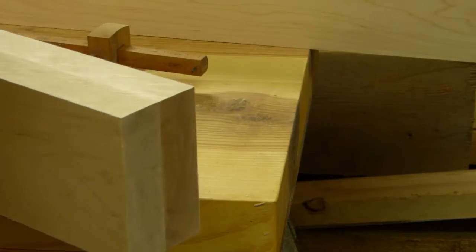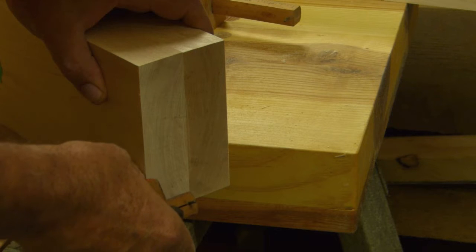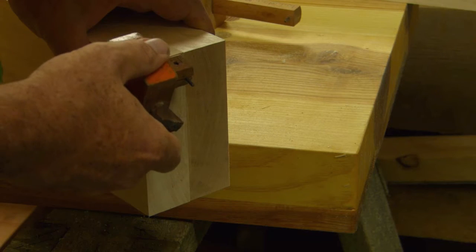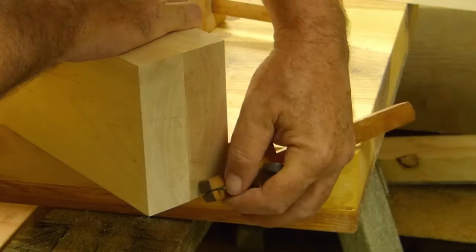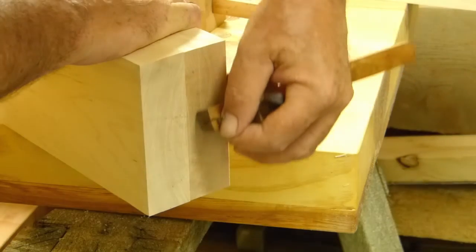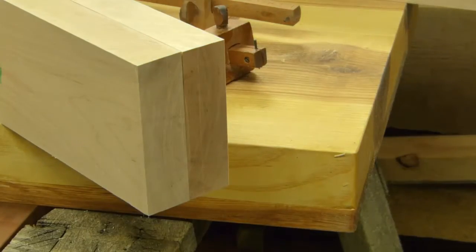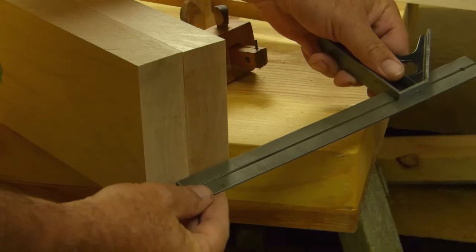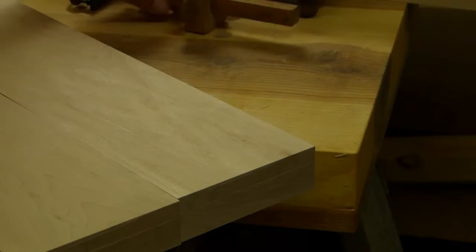So now I've got a marking gauge set at 1 inch. I'll go from the outside face and the inside face. And that should give me a 1-inch tenon, 1-inch space, and a 1-inch tenon. And I've got a second marking gauge,